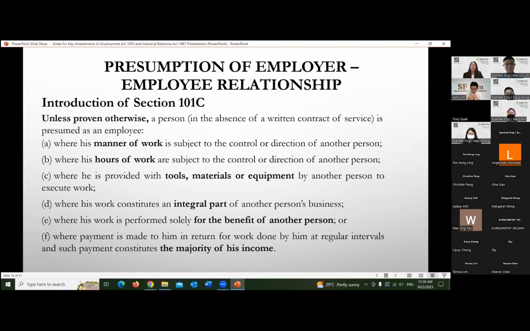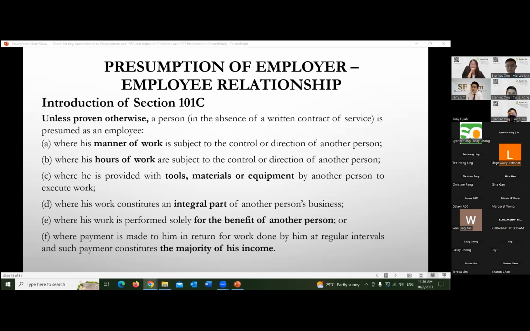This presumption of employer-employee relationship. Quite an interesting area, isn't it, ladies and gentlemen? At the beginning, I already see there is a participant who actually asked the question: is contract staff under the Employment Act? So, ladies and gentlemen,